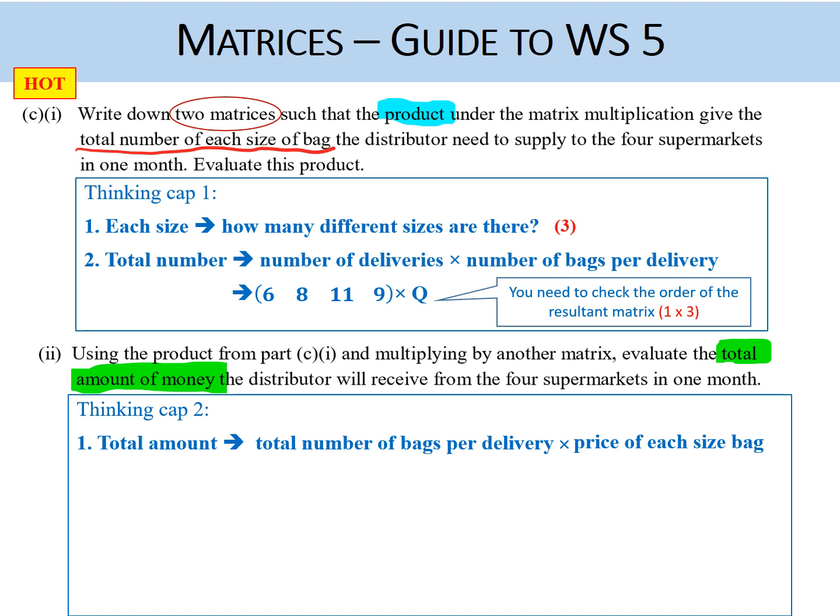So putting these two together, my answer for C part 1 is a 1 by 3 matrix, which is given in the slides here. And to find the price of each size, I just have to refer back to the table again. In part B, the question already gave me R as 4, 7, and 12 because matrix R gives us the price per bag. So putting these two together, and when I multiply them,